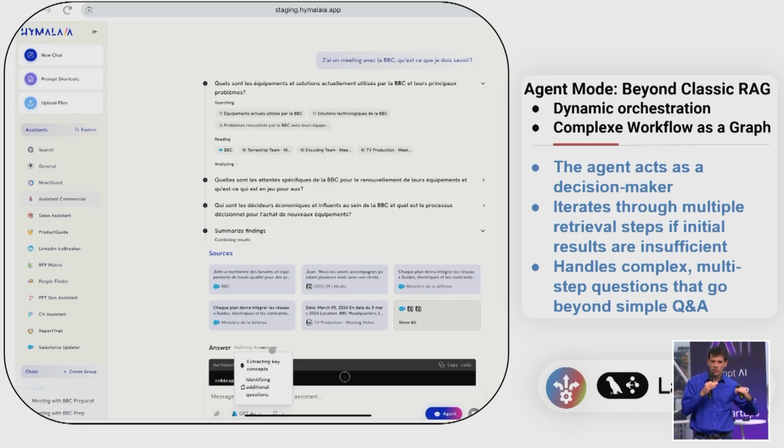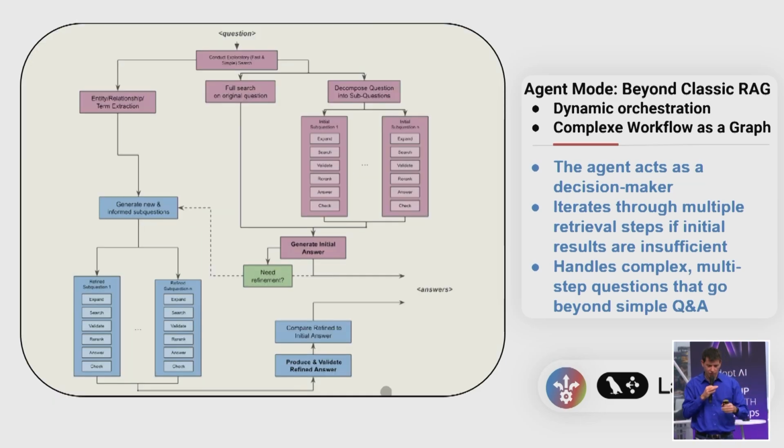And with all these questions, we have a graph after, based on LangGraph. For that, we will be able to run several searches in parallel that take care of different entities. And for each entity, we will have the correct documents. At the end, the agent will decide: okay, do I have enough information, yes or no? If no, I will come back to ask question on question, sub-question on sub-question, to get more documents. So this is more accurate.